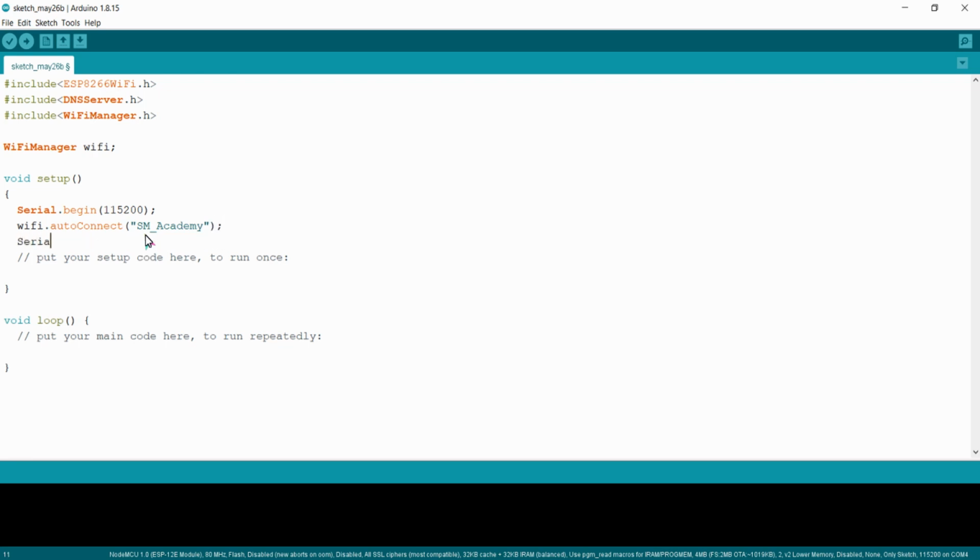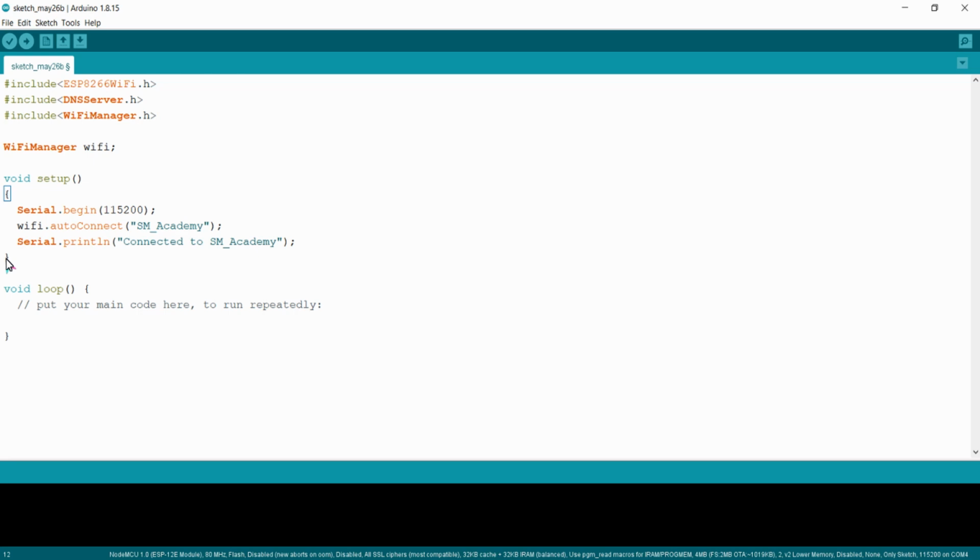and once it is done I am going to Serial.println "connected to SM Academy". And that's all about the program. It is a much simpler program than what we did for station mode configuration. All the things are done by this autoConnect function itself.